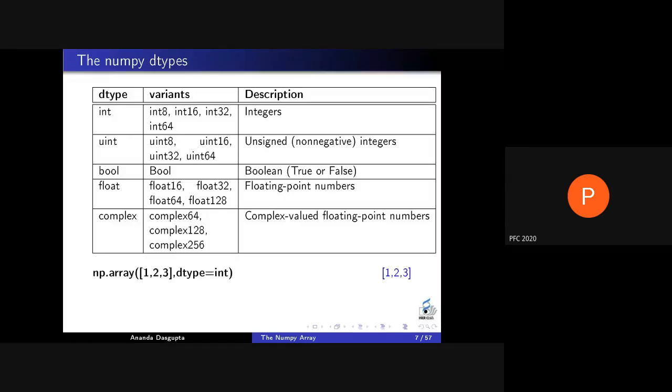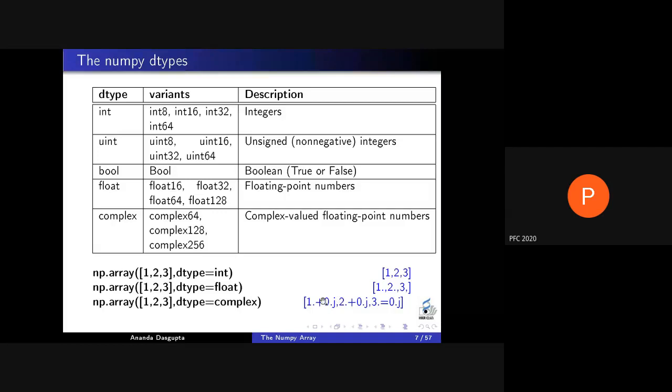And as I said, let me just quickly recap this. If I specify dtype int for this particular np.array call, it's actually redundant, because if I put in 1, 2, 3 as my elements, whether you give the dtype equal to int specifier or not, you are going to get 1, 2, 3, the same integer type. If you specify dtype equal to float, you're going to get 1., 2., 3. Well, there's a typo, it should be 3. here. If we keep dtype equal to complex, the same 3 elements, 1, 2, 3, will be converted to complex numbers: 1+0j, 2+0j, 3+0j.